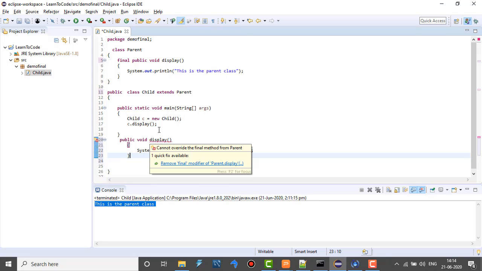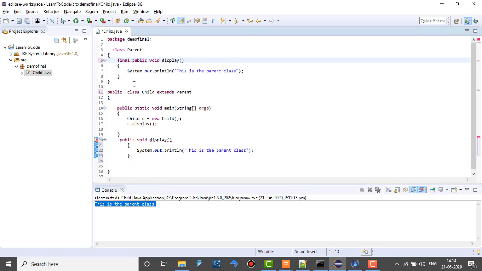As soon as I paste it, first of all I'll remove the final keyword and we'll see how it works normally. So I have changed the method class parent. So this is the parent class which has a void display method which prints this is the parent class.